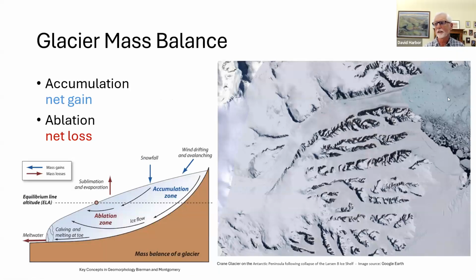So when we look at a glacier, we can divide it into two zones. This is a cross section going from up high on the ice, like here on the Antarctic Peninsula, to somewhere down low where there's warmer air and lower elevation. The upper two-thirds of the glacier is usually the accumulation zone. That's where you have a net gain of ice. So there's more snow every year than the melting of that snow at the base of the glacier or on top. And that ice is exported downslope to an area where there is a net loss of ice